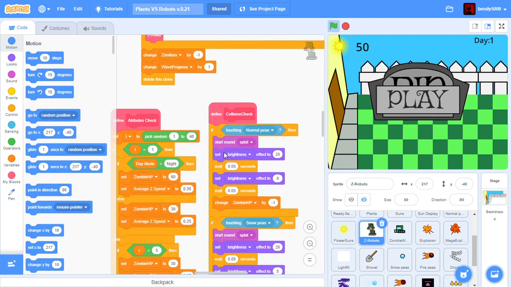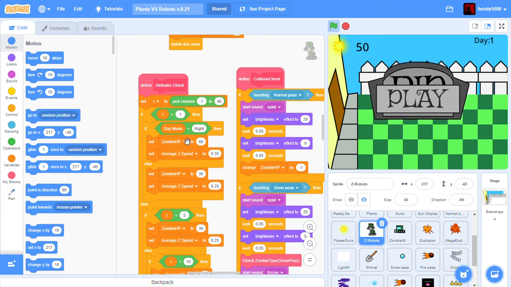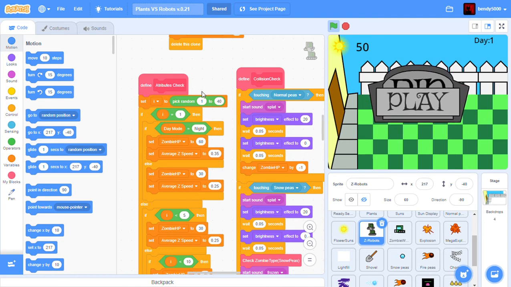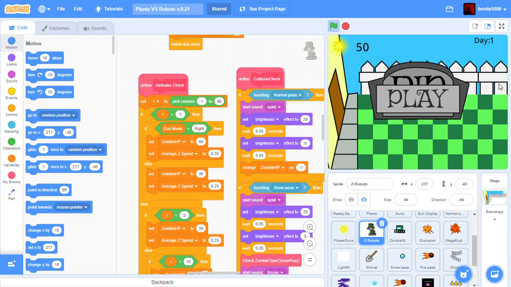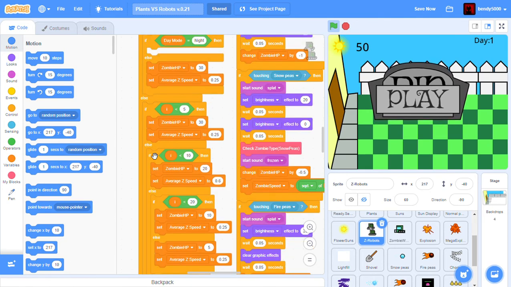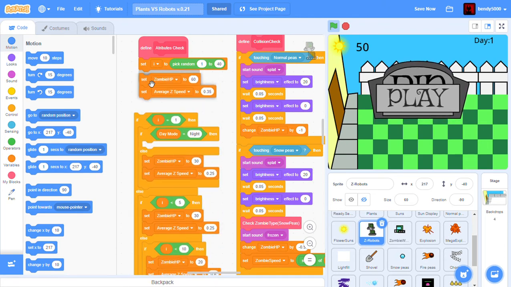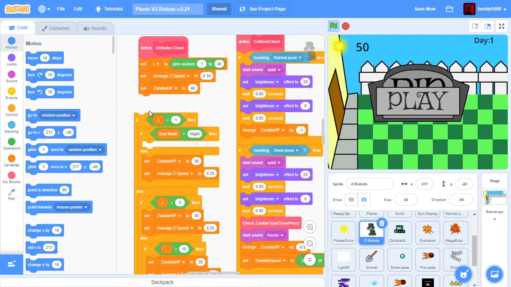Attributes check. If day mode is equal to night. Okay, yeah, so the costume is based off the HP they have, and there might be a glitch where this guy spawns in here, and that's the whole case. So what I'm going to do is set the zombie HP to 60, so you can meet this guy,